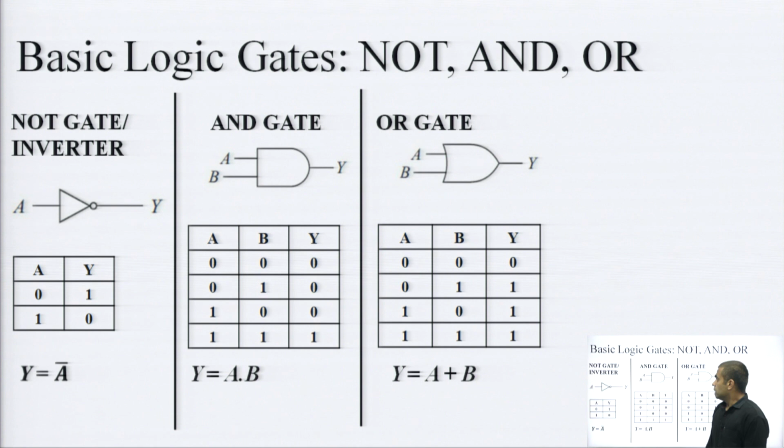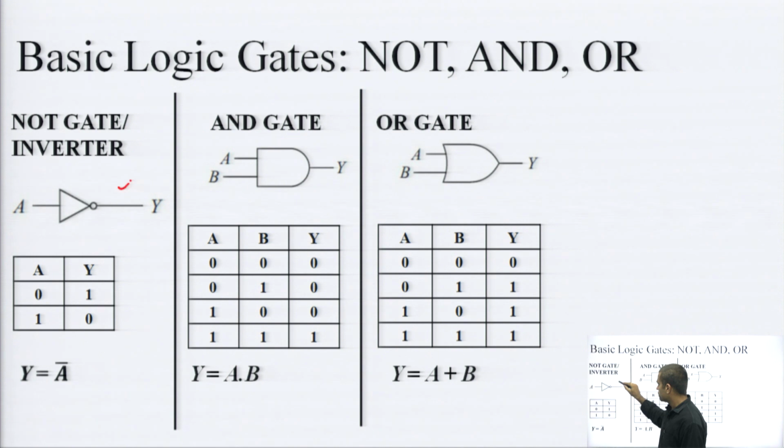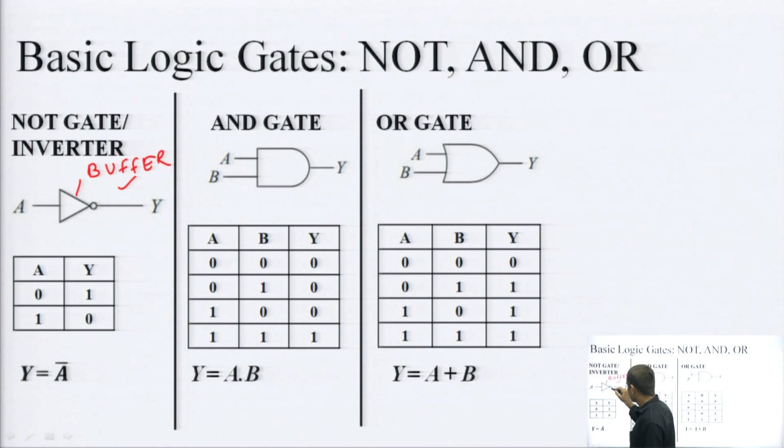So, now coming to the next topic, basic logic gates. There are a total of 7 logic gates, which are categorized as 3 basic gates: AND, OR, and NOT. So, this is a NOT gate, which is represented by this symbol, a triangle followed by a bubble. This triangle is actually a buffer symbol, and this hollow dot is known as a bubble.